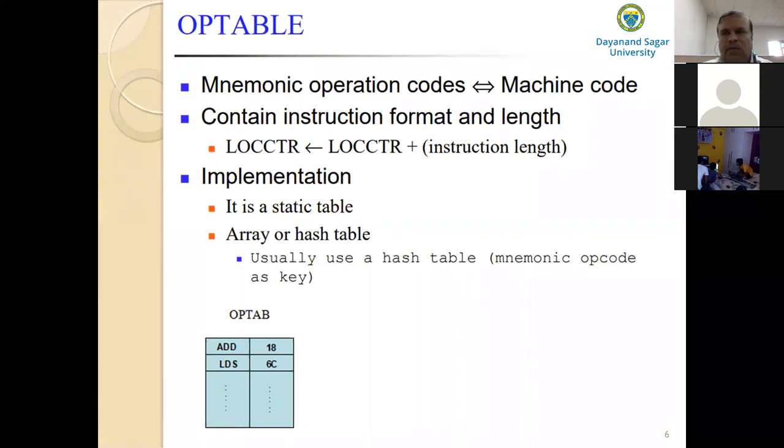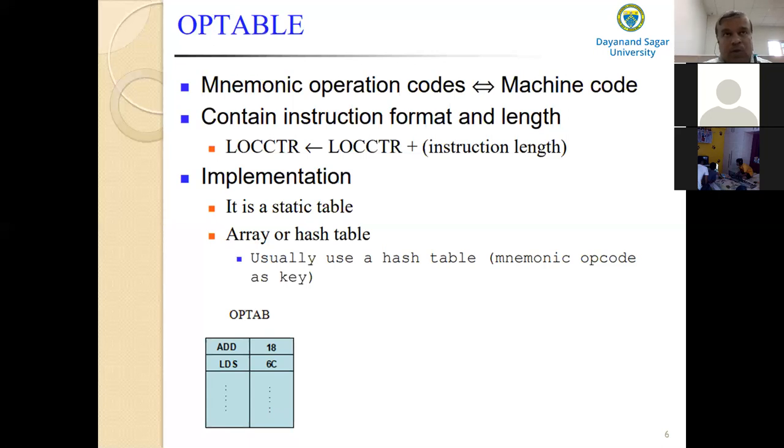But in the case of the SIC/XE machine, it has instructions of different lengths, isn't it? Format 1, format 2, format 3, and format 4. Then how is this op table used in converting the mnemonic operation code into machine code? In pass one, the assembler searches the op table to find the length of the instruction, because instructions may have different lengths, to be added to the LOCCTR variable.